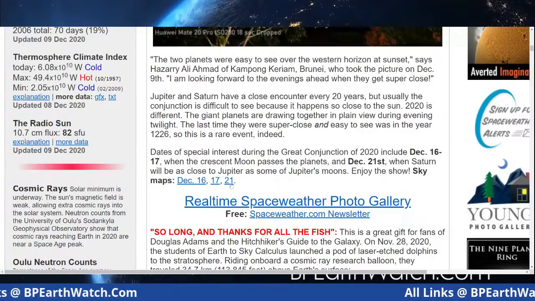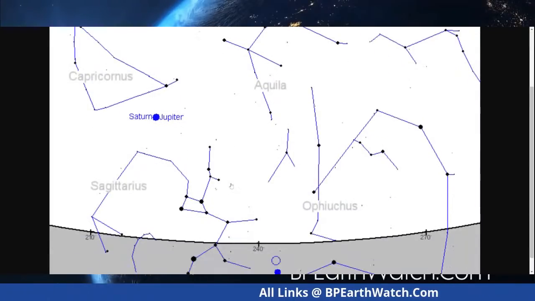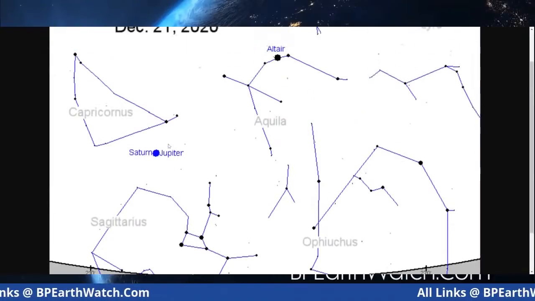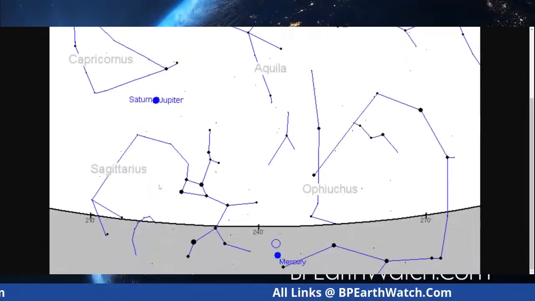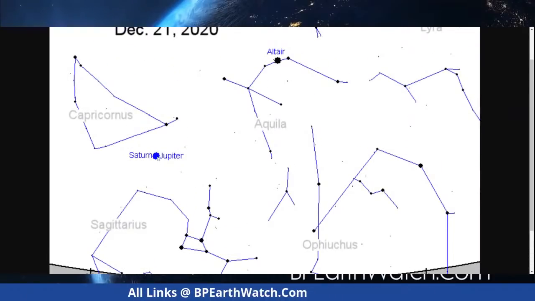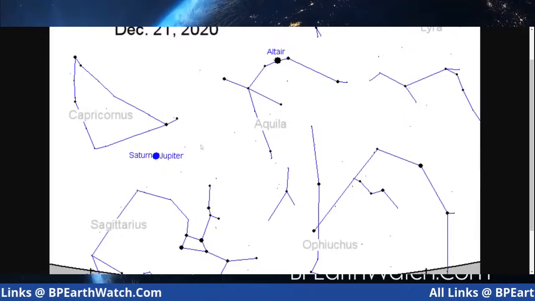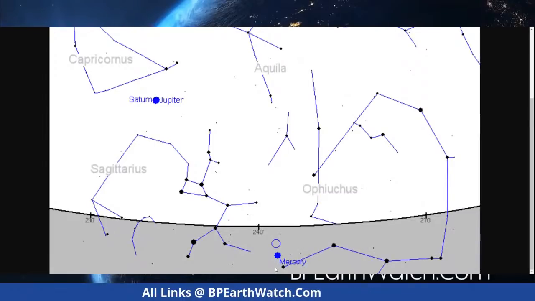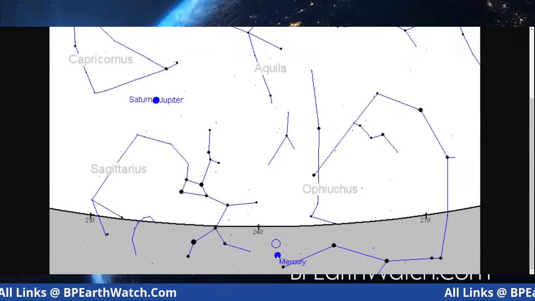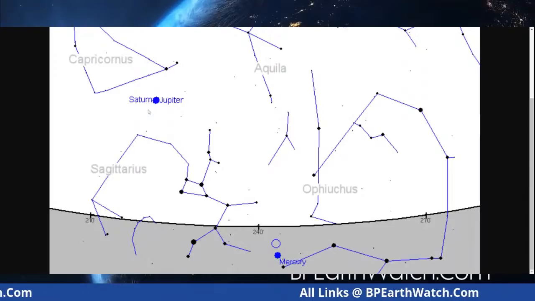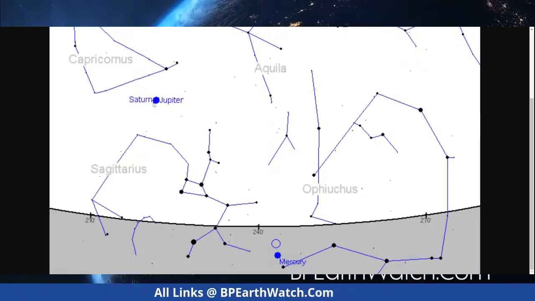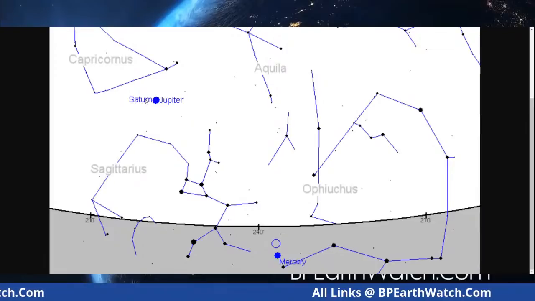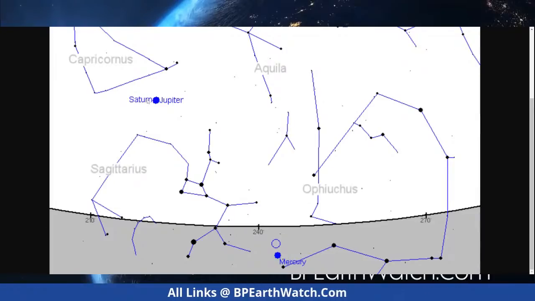But there's maps that you can look at. And let's look at the one for December 21st. And so you're looking west at sunset. Sagittarius is here. Saturn and Jupiter will be slightly left of south of west. It will be more southwest. Capricorn, Altair will be here. The bright star, Vega, is here, and Mercury is below the horizon. But that will be rising very quickly. But this will be brighter on the 21st. It will be just south of west, a little to the left of where the sun's setting. So that may be pretty neat.